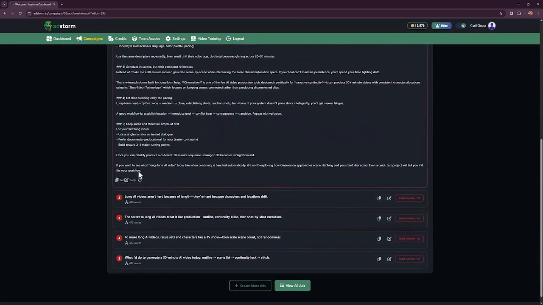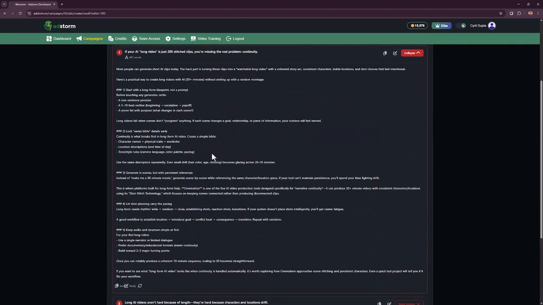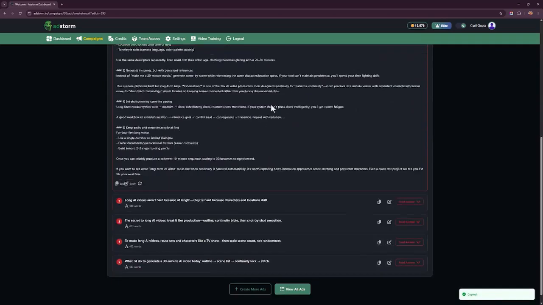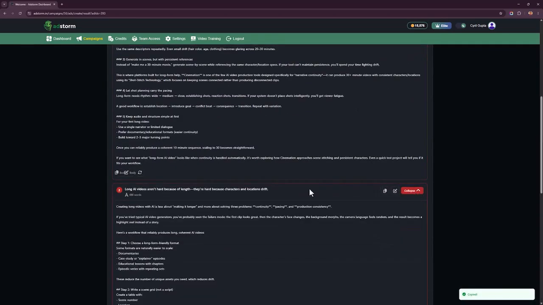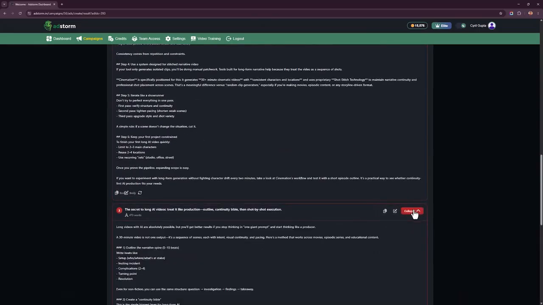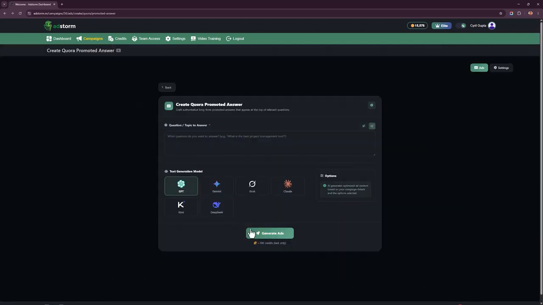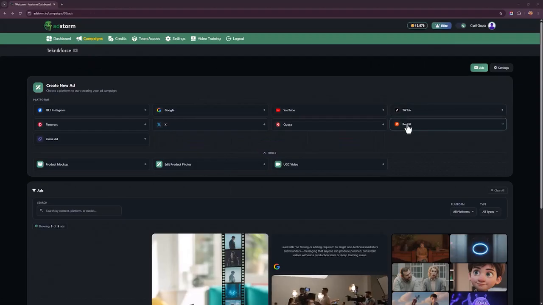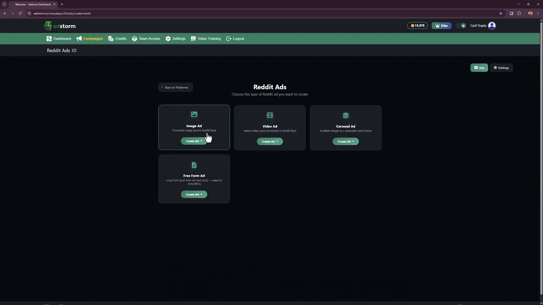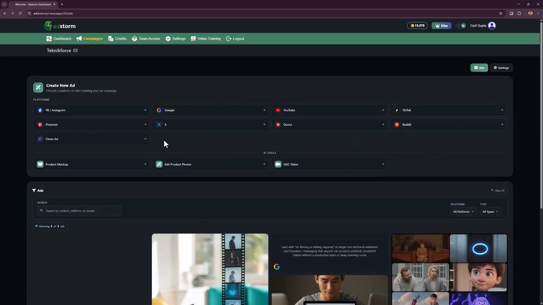And if you want to change anything, you can. You want to modify it, again, you can do that with AI, or you can copy it and promote it. You've got 5 different options here too, so that you can choose the answer that you want for this purpose. Now let's go back to view all ads and see some more details. You got Reddit too. In Reddit, you can create image ads, video ads, carousel ads, and even free form Reddit posts that you can post to Reddit and promote. So yes, it exploits every single popular ad format on every single platform.